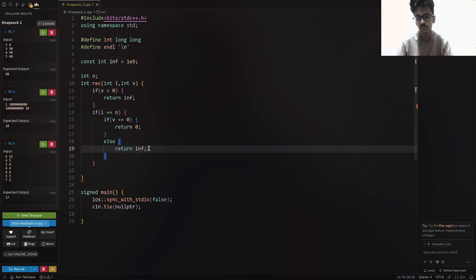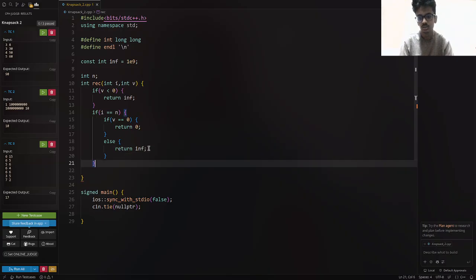Recursion would never pick the positive infinity because it would obviously pick the optimal choice. Positive infinity cannot ever be an optimal choice, so we return this positive infinity. Otherwise we would return 0,